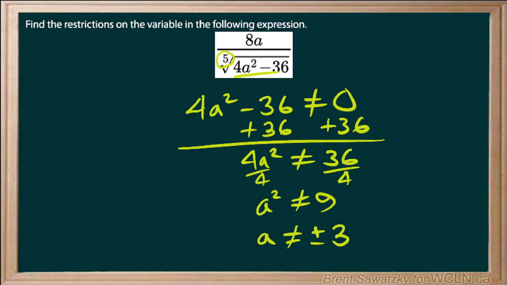And just to review why we do that positive or negative, because it is important: if we look back at this step here, we're basically saying that whatever this thing is, squared can't equal 9. Well, positive 3 squared does equal 9, so it can't be positive 3. But negative 3 squared is also 9, so it can't be negative 3 either. So recognizing this cannot be positive or negative 3, when we square rooted, it's perfectly legit and makes total sense. There's our